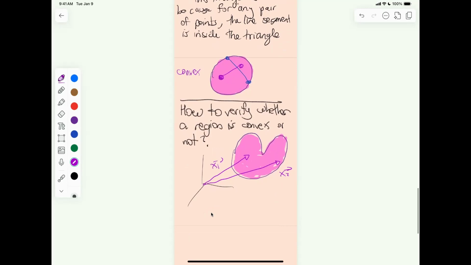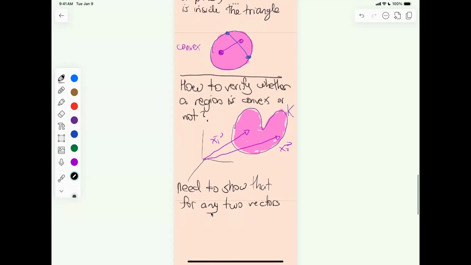So you would need to show that for any two points, or any two vectors, that lie inside the, so you need to show, let's call this K. You need to show that for any two vectors representing points inside the region,